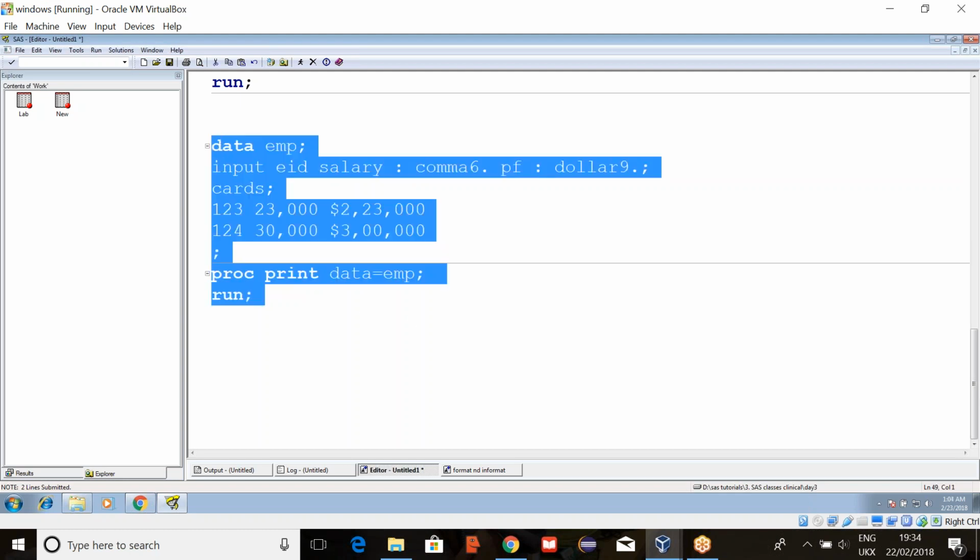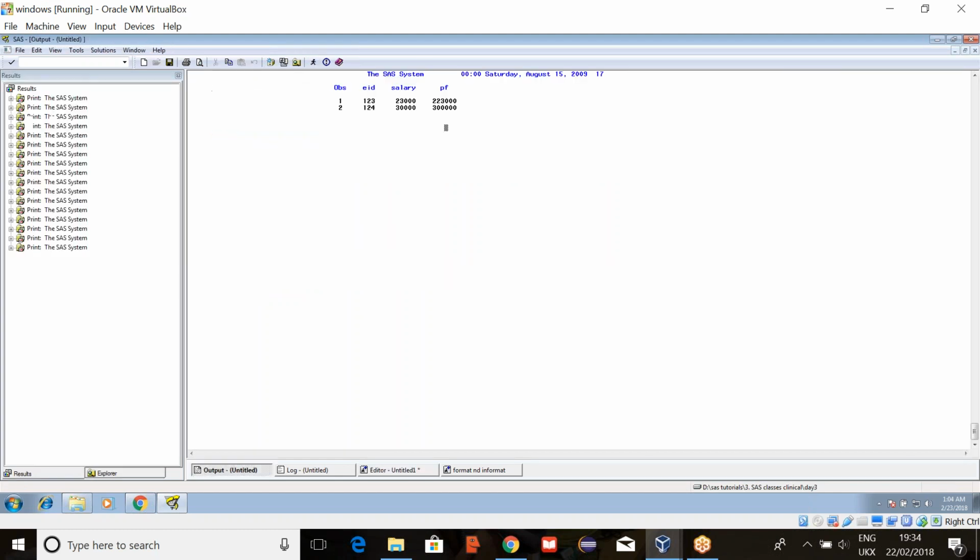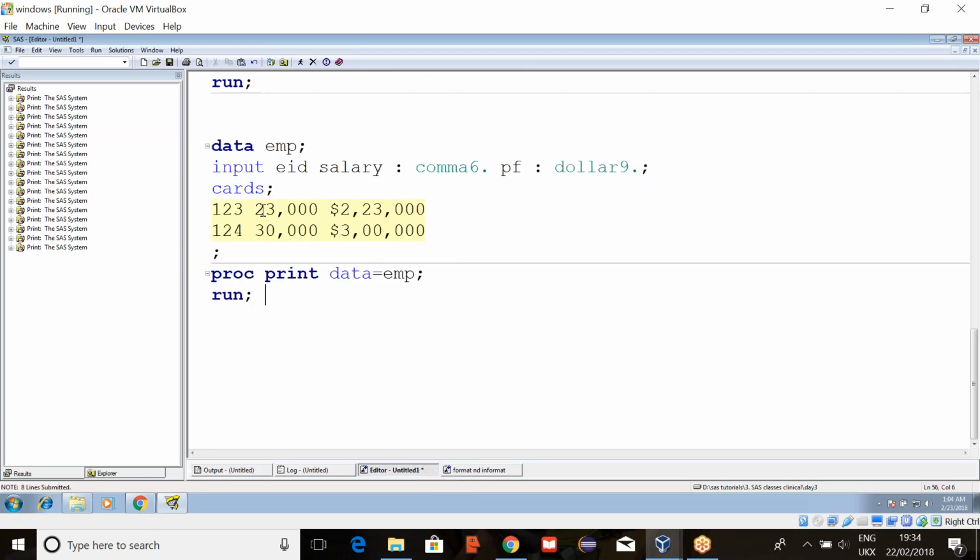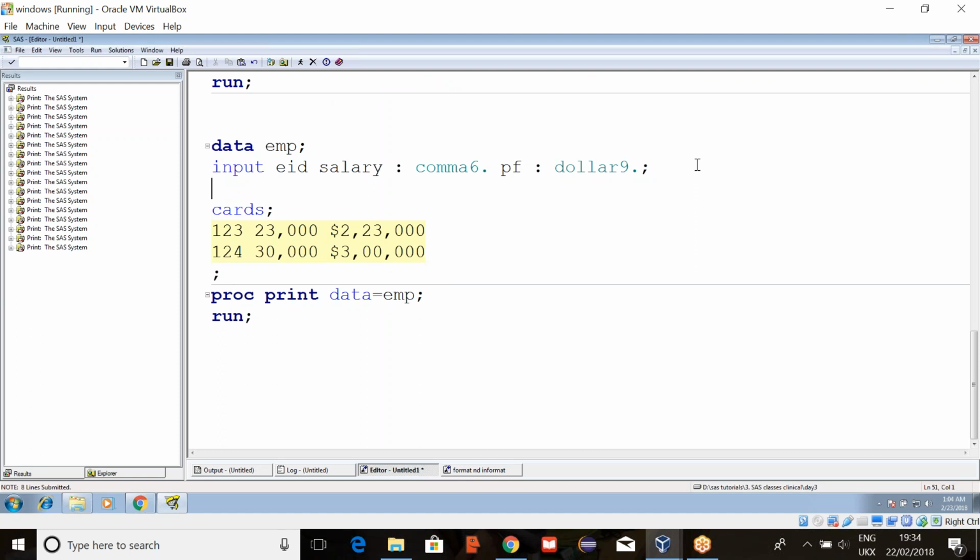Now when I run this code, what will happen? It will print in a format. Standard data means it will remove commas and dollar signs. Just simply a number, with nothing there to do calculations like date and time. Just simply it will print the number. It will remove all these. Next, if I want to print in